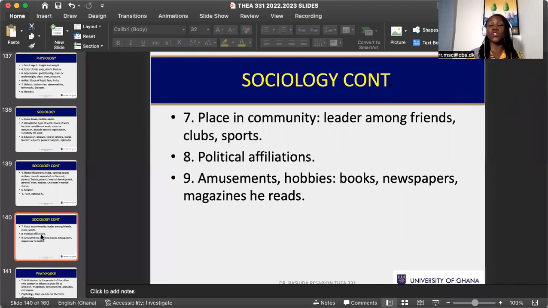So if I ask you, sociologically speaking, who are you? You can begin by talking about, oh, I was born into a middle-class family, my parents were this and all that. Or when I was growing up, I had a best friend whom I've grown up with, and we are still friends. And, you know, my hobbies are this and that. I go to church here, or I fellowship with my fellow believers here. So all of these things form part of who we are sociologically.